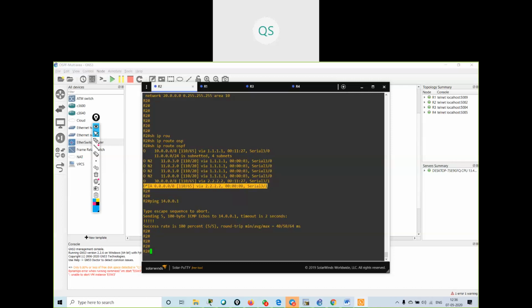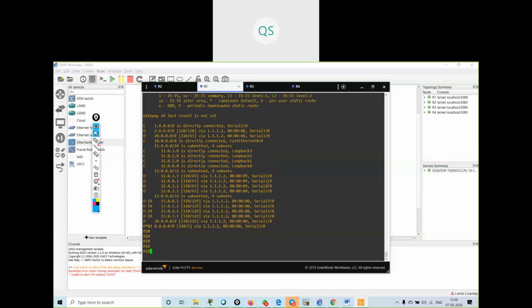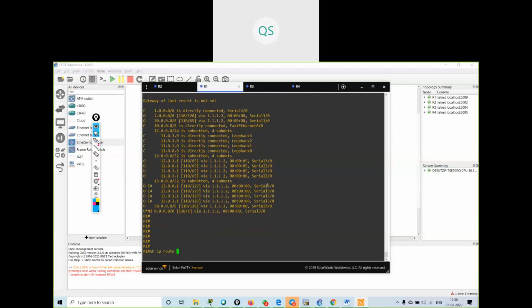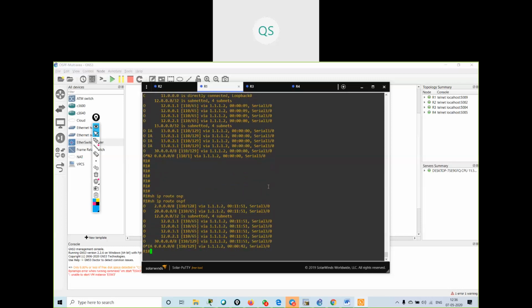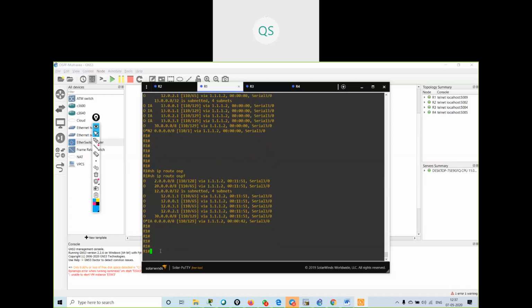I can go on R1 and verify with show IP route OSPF. I'm just having one single route, the O*IA default route.